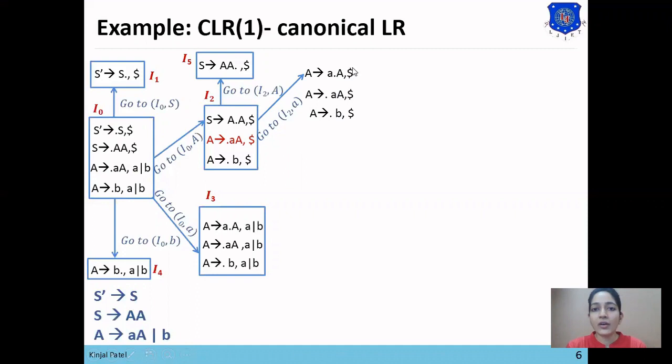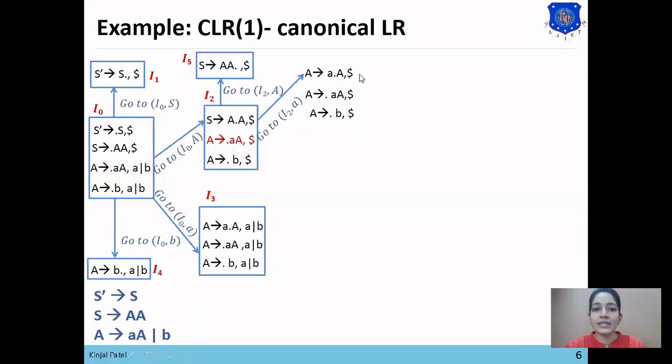So the lookahead of the first statement will be added in the second and third statements. So dollar will be added in the newly created rules. Now in the second and third statements the dot is present at the beginning of a terminal symbol, so no more rules will be added in this set.